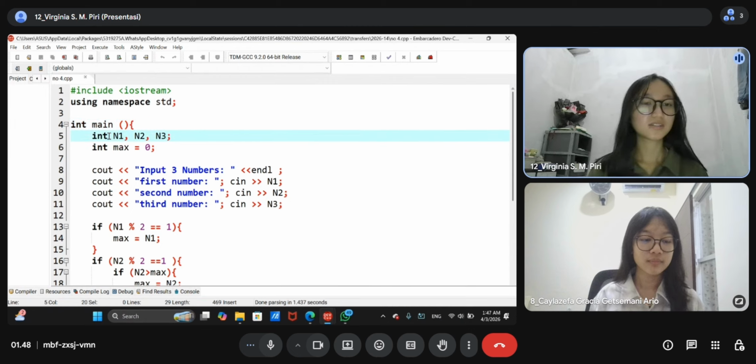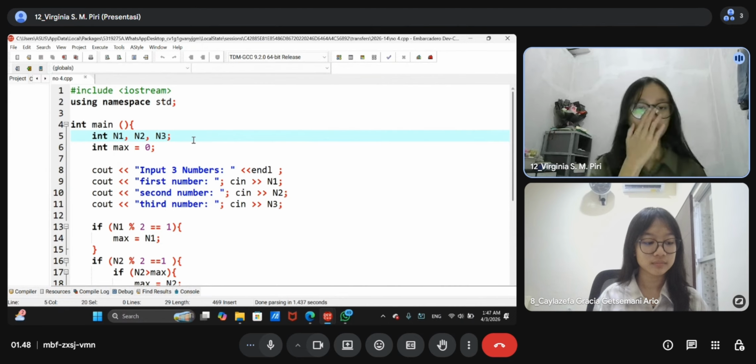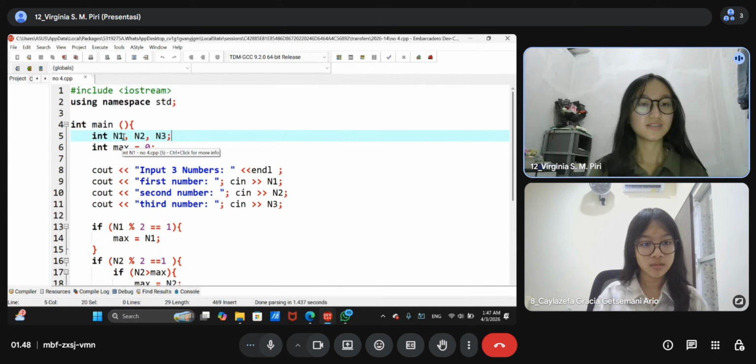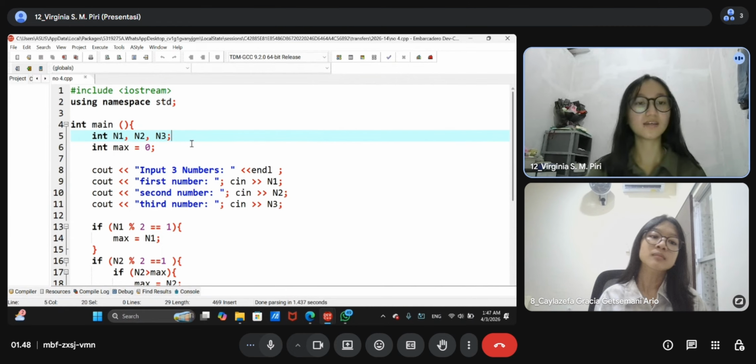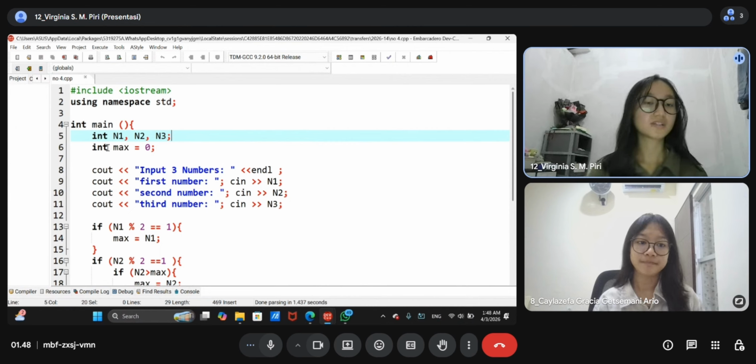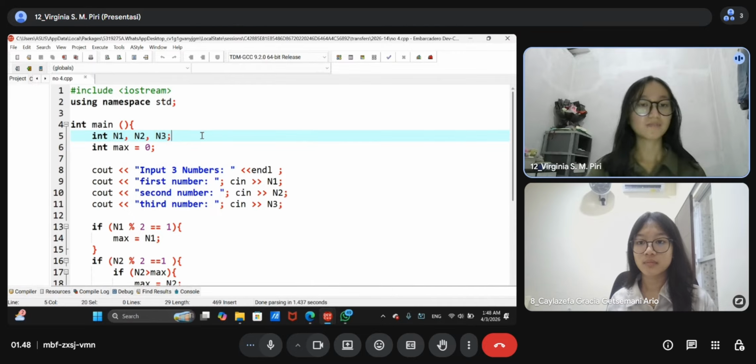We use integer data types to initialize n1, n2, and n3 so the program knows that there are those numbers. And then we also use an integer data type to store the 0 in max.